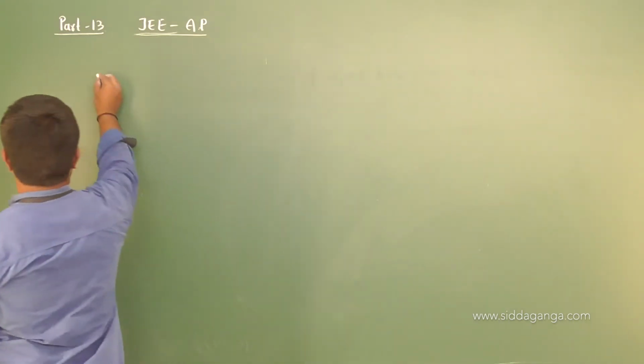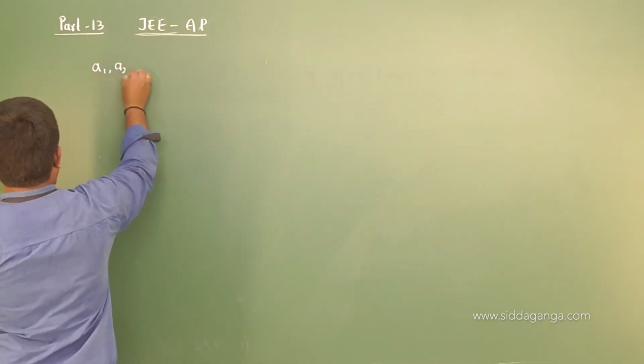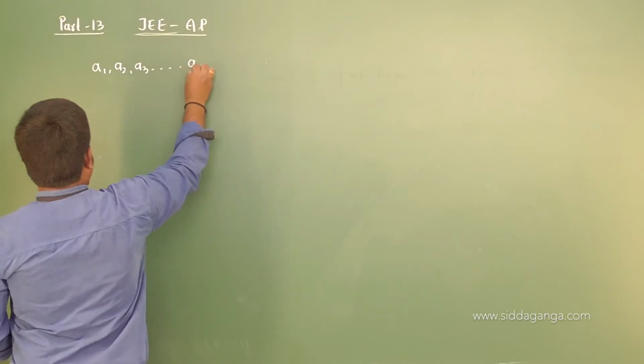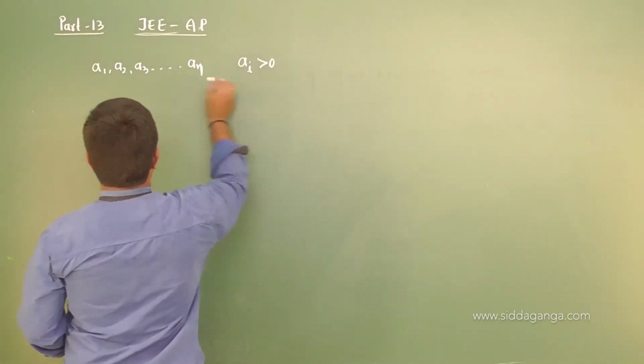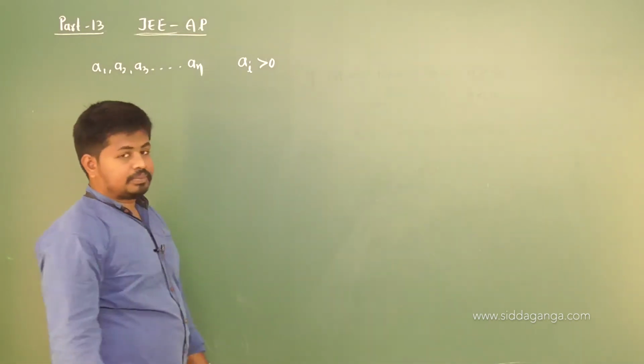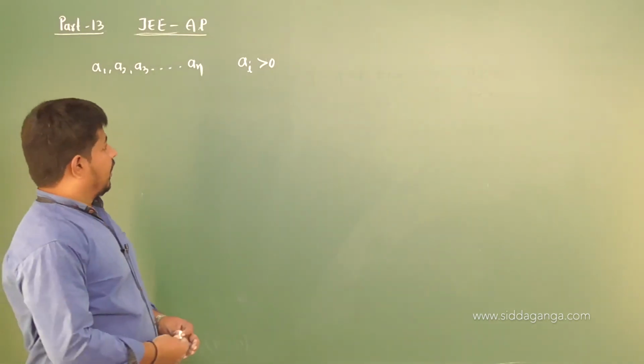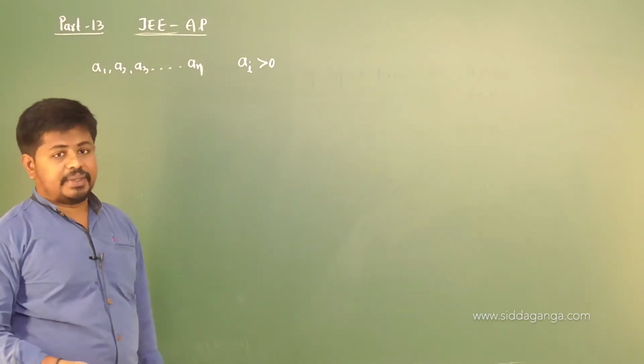And one more result is, if a1, a2, a3 and so on, an be an arithmetic progression where all the terms are non-negative, in this case